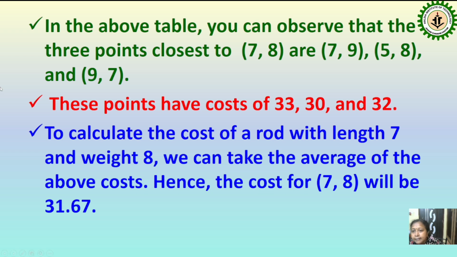The costs are already given, that is 33, 30 and 32. Next we have to calculate the cost of a rod with length 7 and weight 8. Now we have to take the average of the above costs. Hence the cost for 7, 8 will be